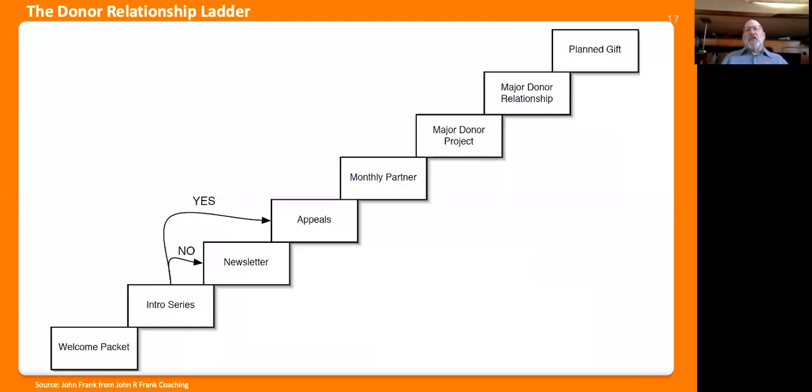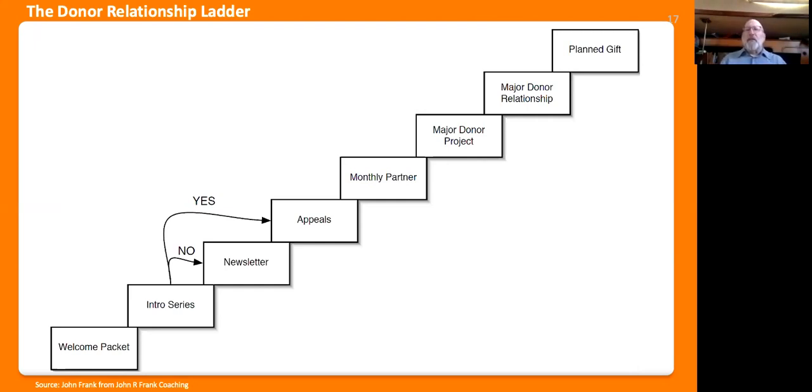Now, in sophisticated professional direct mail strategies, they will start an intro series of their top 3 appeals. If they give a second gift, they go into the appeals group to get appeals on a regular basis. If after 3 of their best appeals they don't give another gift, they go into the newsletter only. This is a way to prevent wasting money on all kinds of appeals if the people haven't given when you've asked them basically 4 times.